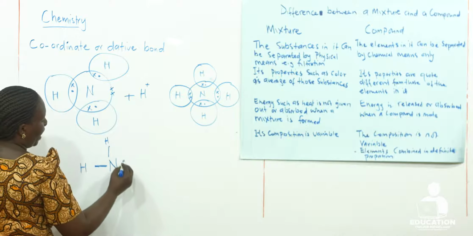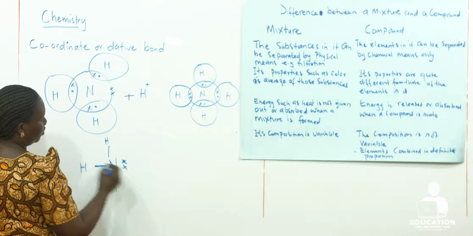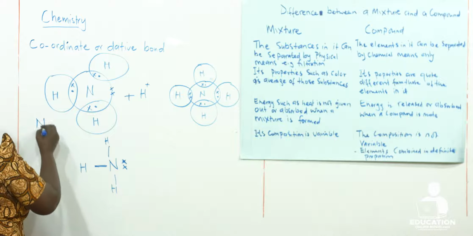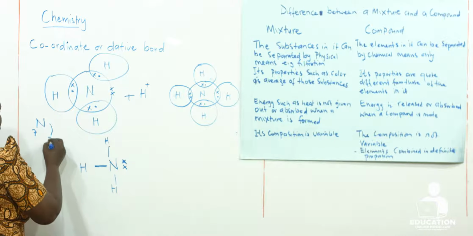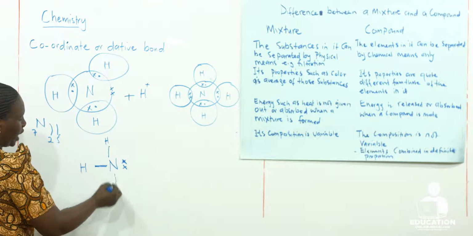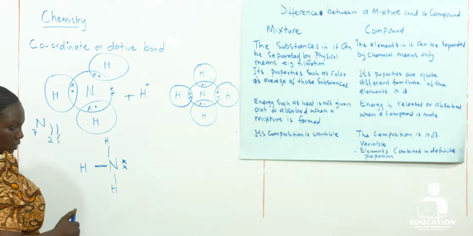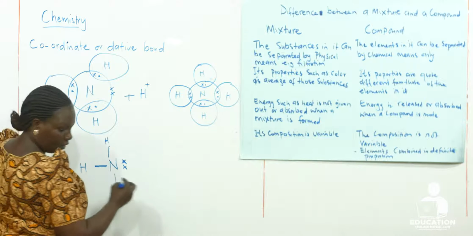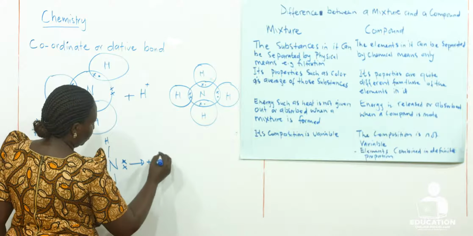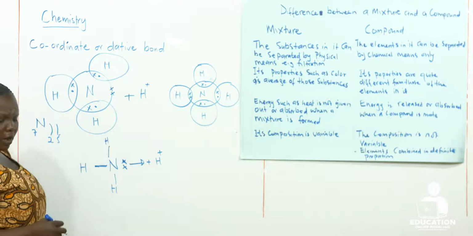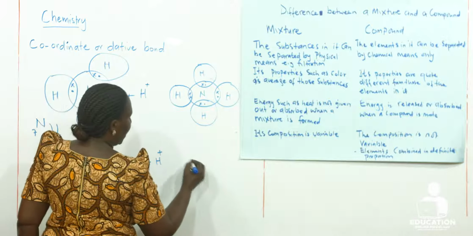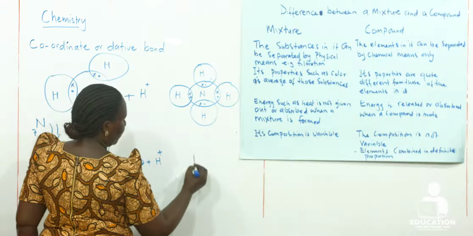And then the lone pair of electrons of nitrogen, because we said the electronic configuration of nitrogen is 2, 5. So the 3 electrons will be here shared by these 3 hydrogen atoms, and then the lone pair of electrons will be donated to the hydrogen proton that is coming without electron. Then we will have, instead of ammonia, we will have ammonium ion,